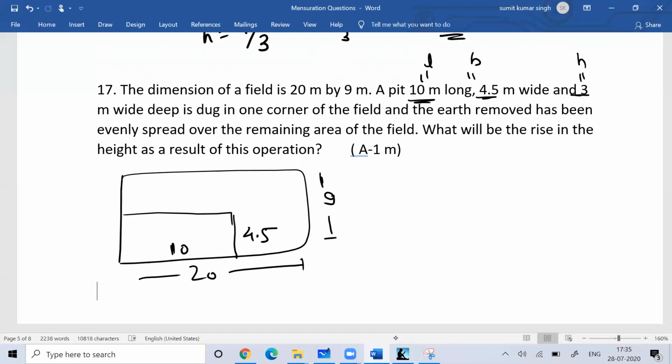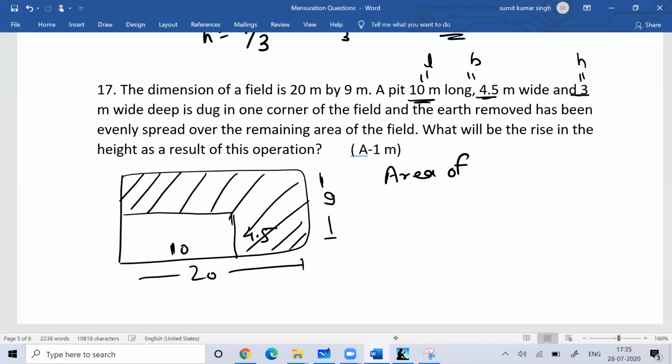the amount of sand which will come out of the pit, that is actually the volume which you created, that creates the additional sand which you're putting on the remaining part. So what is the remaining part? This is the remaining part where you're putting them. So you can find the area of the remaining part where you're putting, because you're creating the hole, so there definitely you are not going to put, otherwise why did you create the hole.